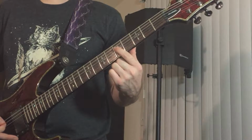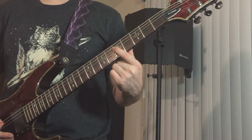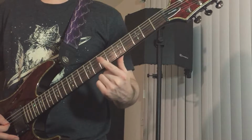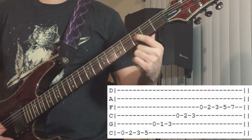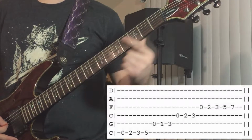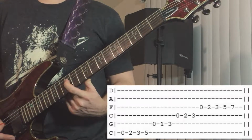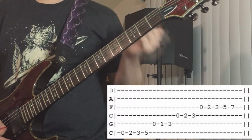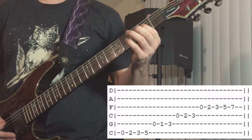So starting at 5, instead of 7, 8, 10, 12, if you start at 5, then it is really 2, 3, 5, 7. It's 2, 3, 5, 7, equivalent to this. So the full sequence then, after you get up to this middle C string,